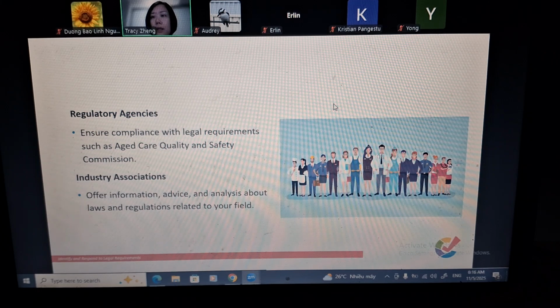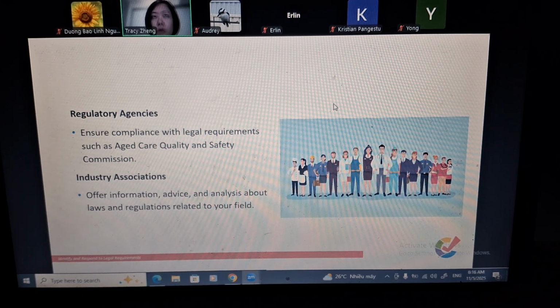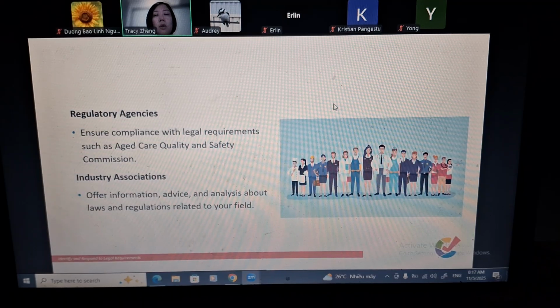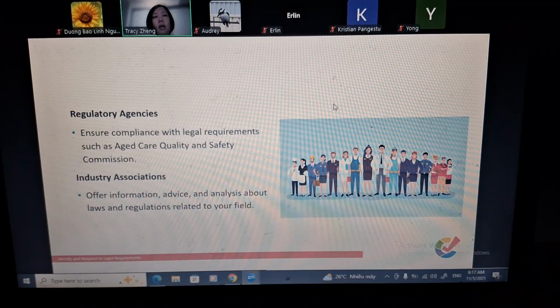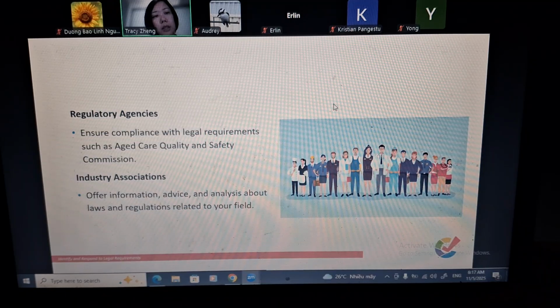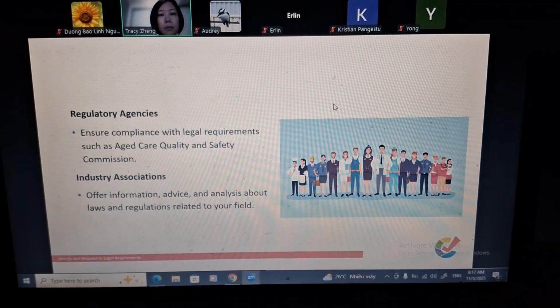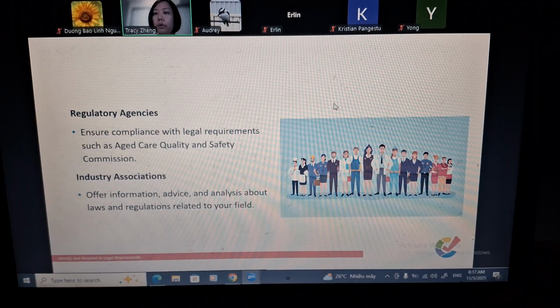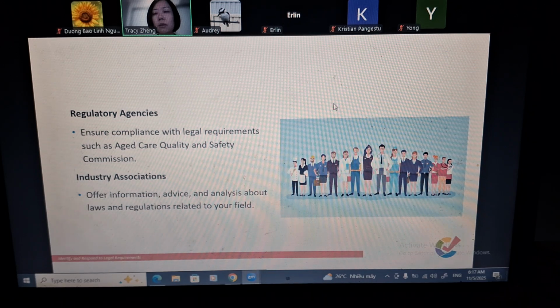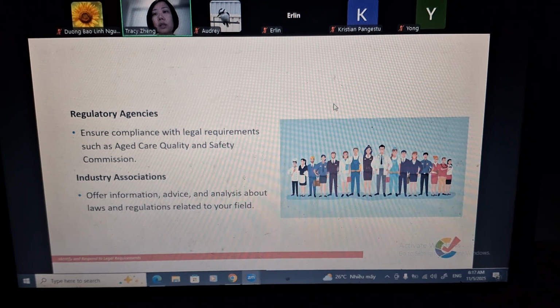So those are the sources of legal information you can get from: international organizations, federal governments, state governments, local councils, and also the regulatory agencies and industry associations. Right, so please write them down. That would definitely help you in the future if there's anything you are still not quite sure about, or you would like to get more information. Please consider going to those